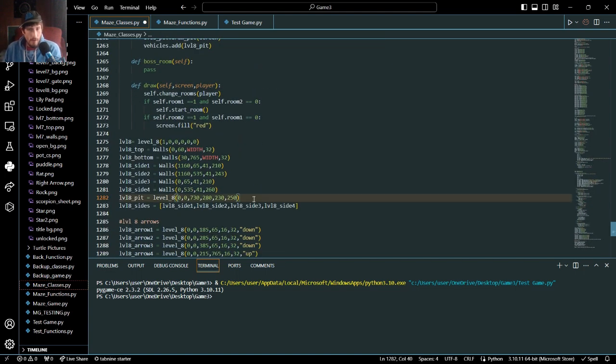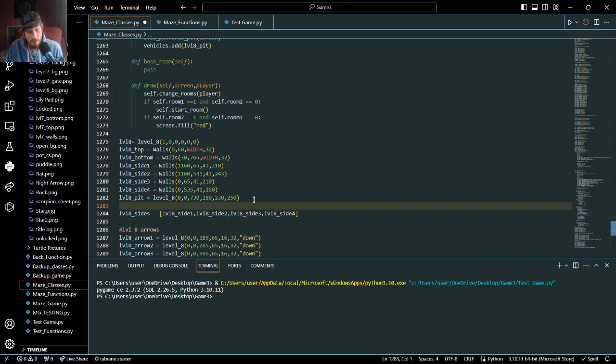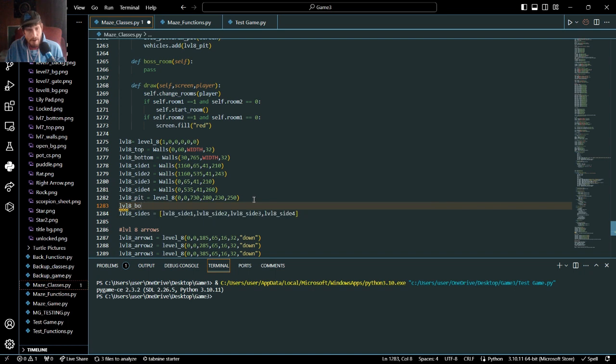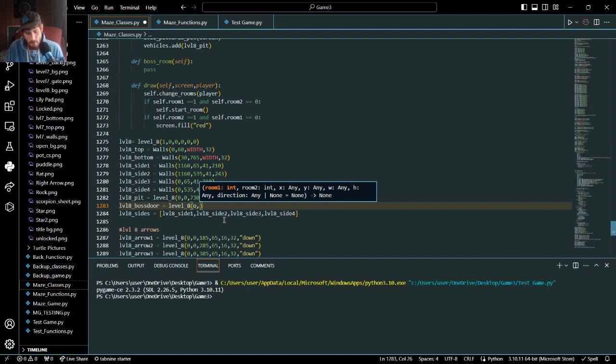We need to make its own sprite or instance or whatever. So we will call this level 8 boss door. And it is level 8. And the coordinates to that, we don't worry about the room 1, room 2. That was just for our switching. The X to this door is going to be 1140. The Y is going to be 280. And now the width,